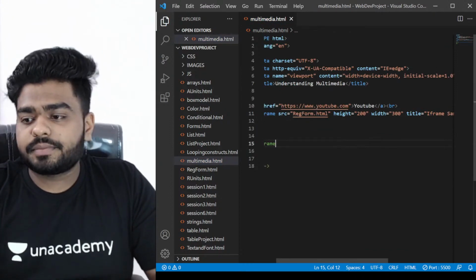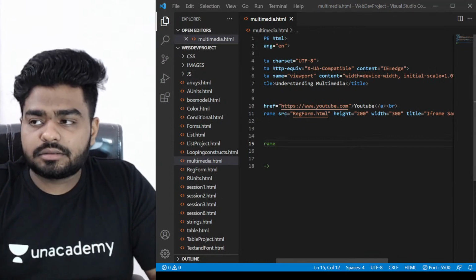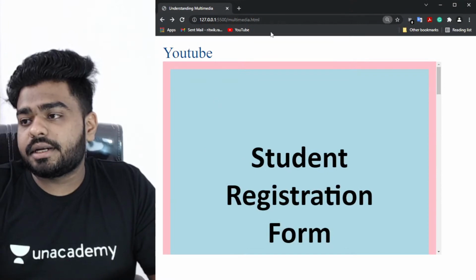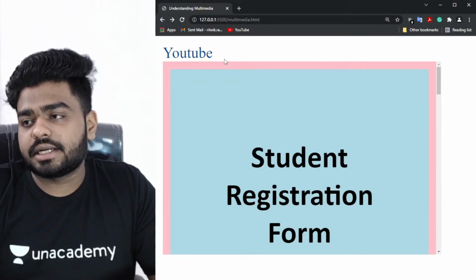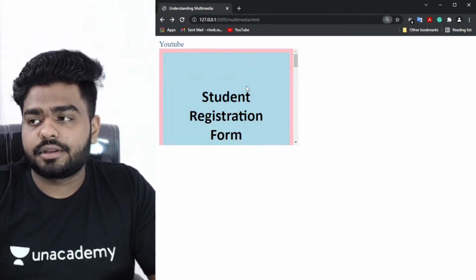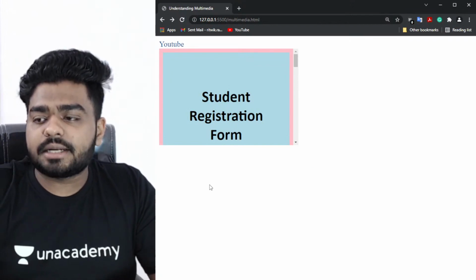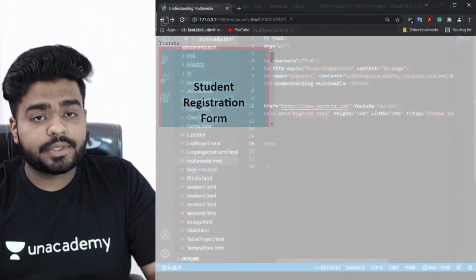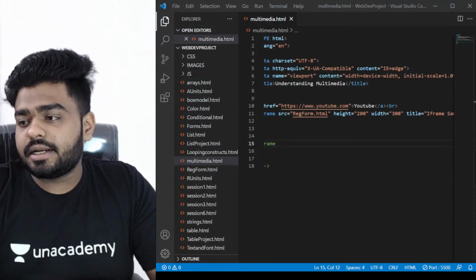Let's save this. And if you look at the output, you can see there's no border. Can you see that gray thing here? No, right? So that gray thing is not here. That means the border is not there. Okay. So if you want to bring that border, you can put border. If no, then please do not use it. Okay. The next thing, let's move ahead and